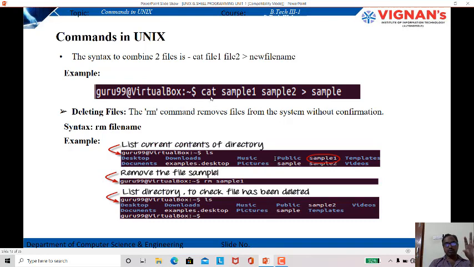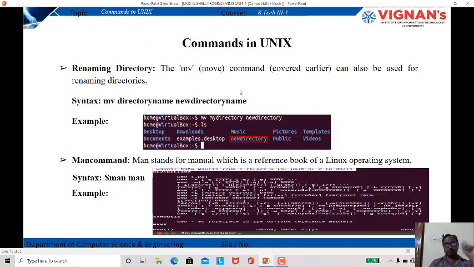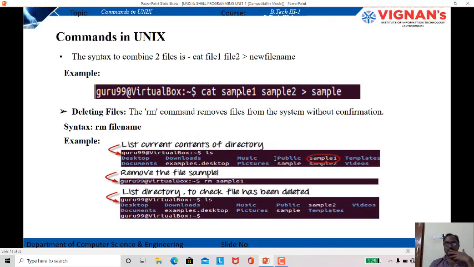First, what command do we type? cat. What file name have we given? sample1. Then the next file name we are giving is sample2, then the greater than symbol, and then the new file name, sample. Okay, so this is the example of combining the two files into a new file, sample.